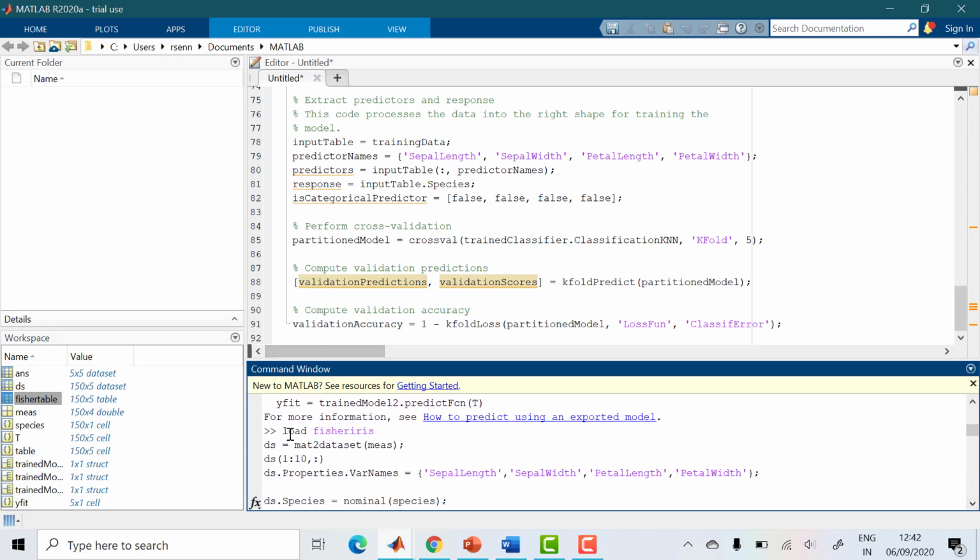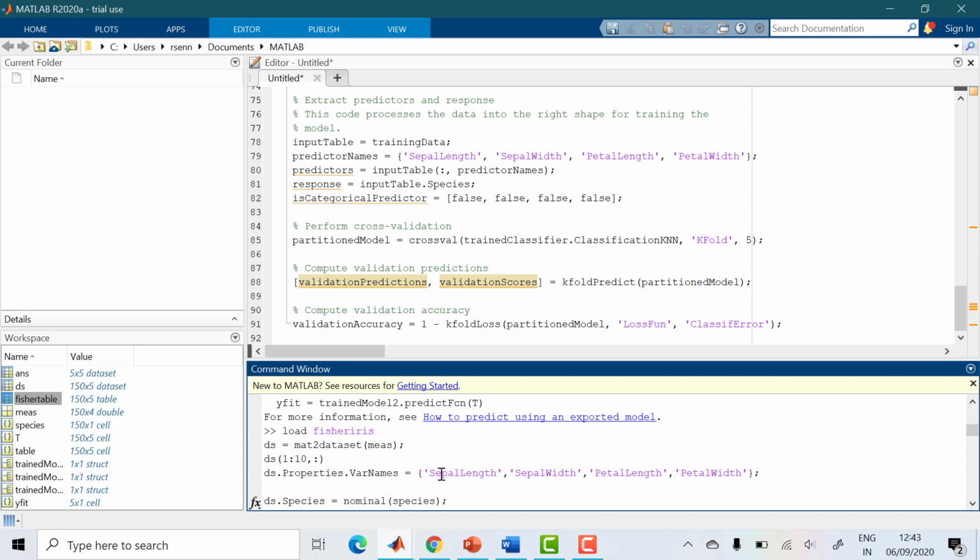You have to load Fisher Iris again. Then these commands, I'll copy them in the YouTube text; you can see the text below. I'll load these commands. You can use them. So load Fisher Iris, and then ds, you convert this data structure, that is, you're converting this into a data set. Then I'm taking the first 10 rows and all columns.